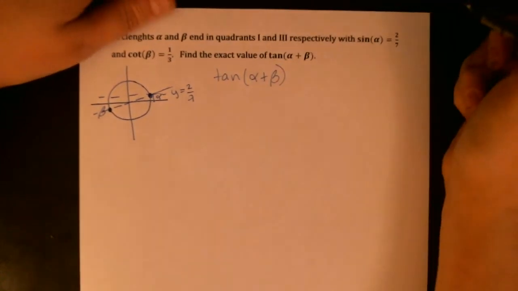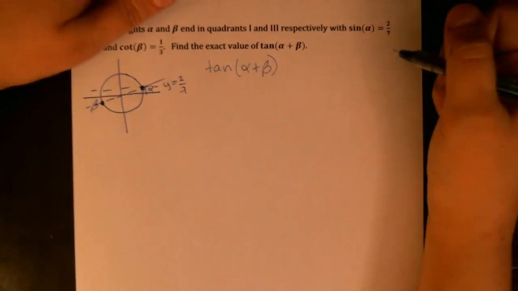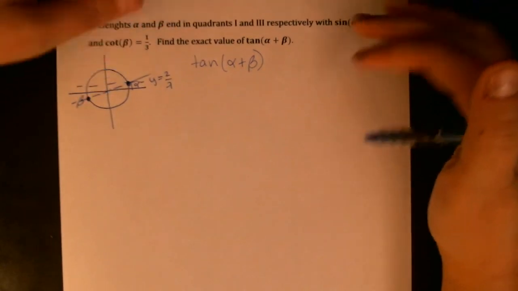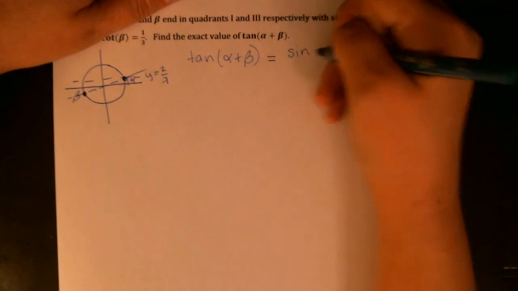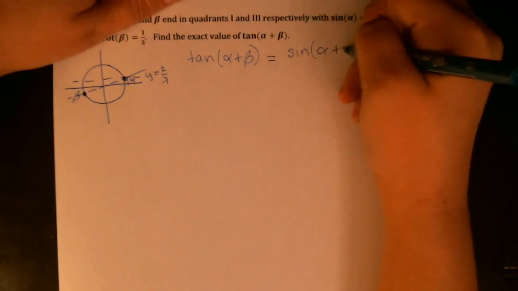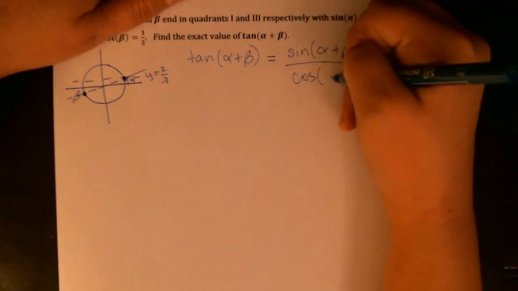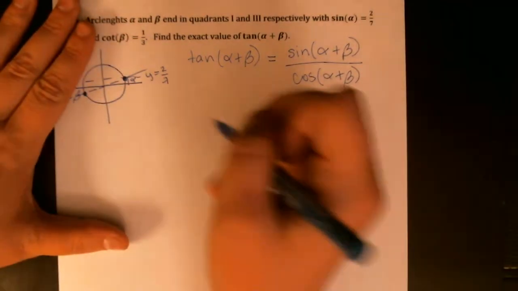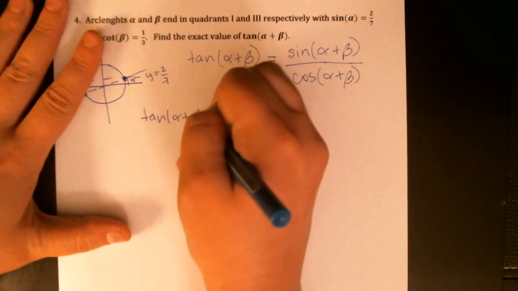And here's the thing, there are formulas for tangent of a sum, just like there are formulas for sine and cosine of a sum, but I think at some point it gets to be formula overload. So I would say let's use the formulas we already know. We know that tangent of an angle is the same as sine of that angle divided by cosine of that angle. So we can actually use the formulas that we started with to say that tangent of alpha plus beta